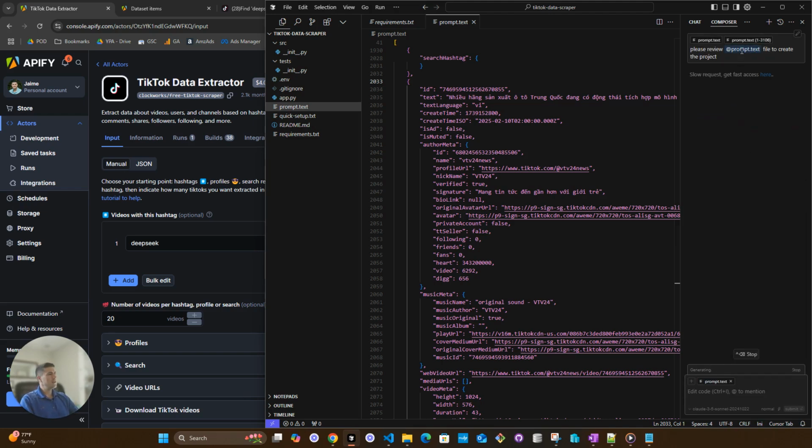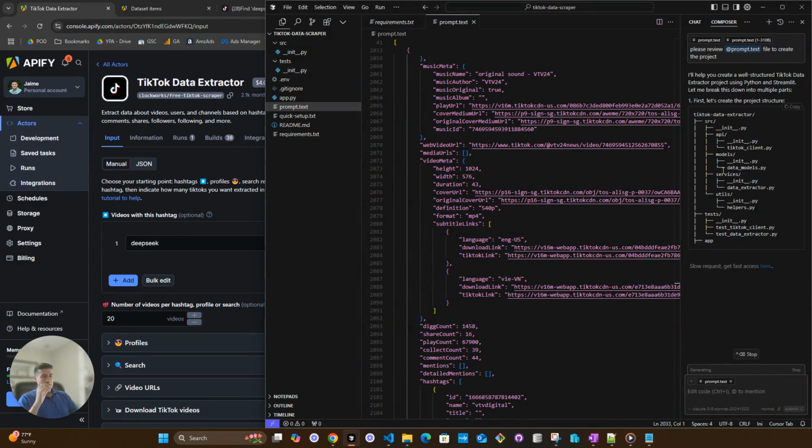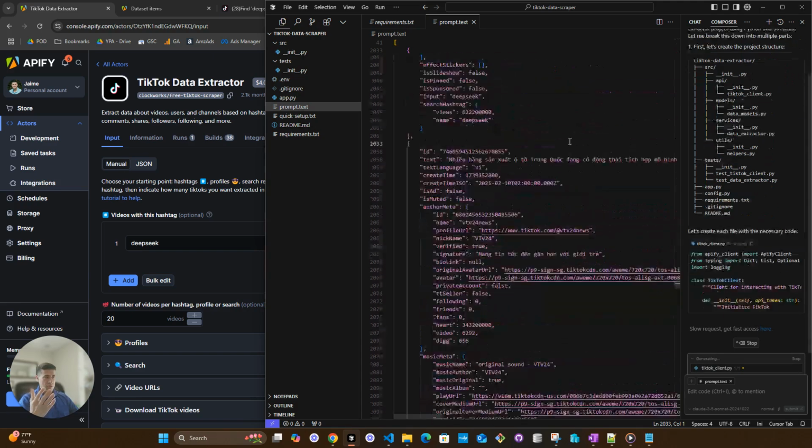So it is going to check the text that I gave you. I also told it, hey, check the prompt.txt, which is where I have all the information. And it's just going to take some time to figure out what it needs to do. Okay. So I gave you the instructions, and it's clear